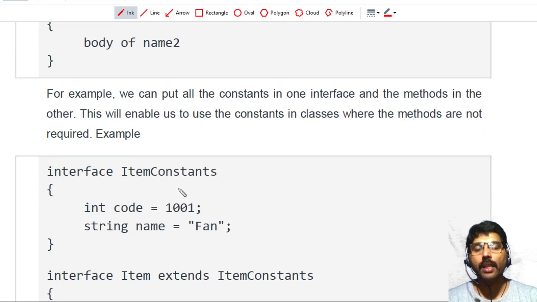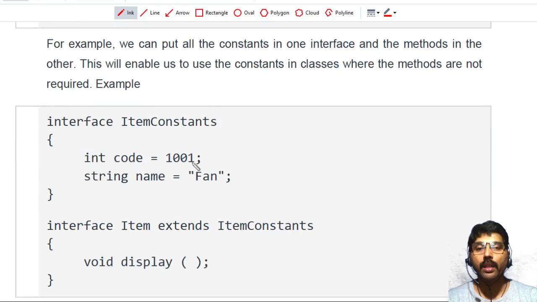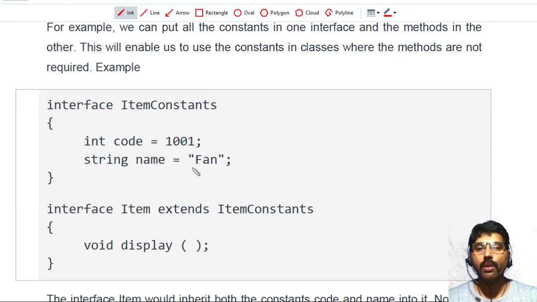Now this is an example to demonstrate extending an interface. In the last video I told how to create an interface and gave an example called item, where it will accept two constant values and one variable declaration. Here I will create one interface called item constant, which contains the constant values.